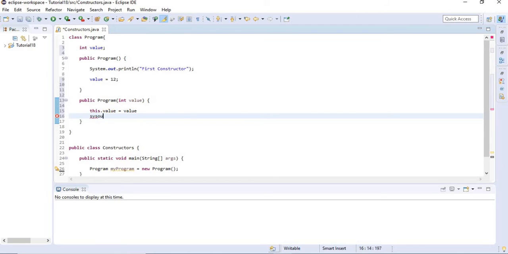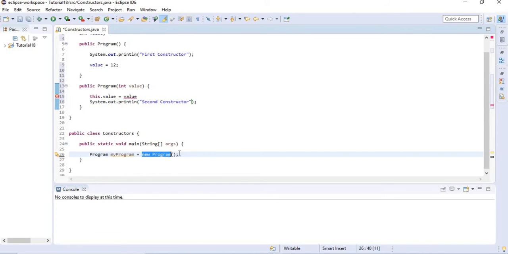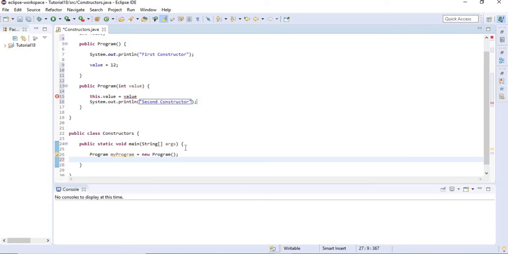Then I'm going to add the sysout statement, and I'm going to say second constructor. And now you can think of this part here as a call to the constructor. So if we want to call the second constructor, which takes one parameter, an int variable, we should say program, my program 1, for example, new program, and we should give it an int value,